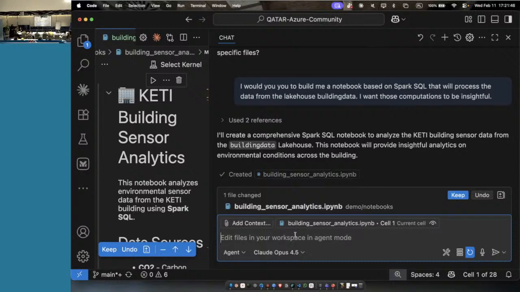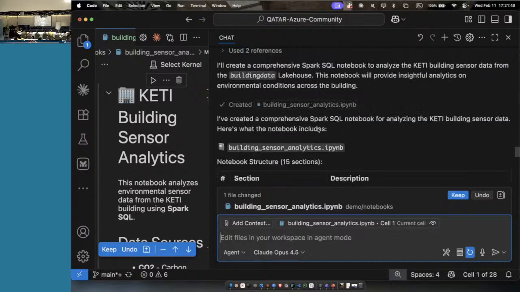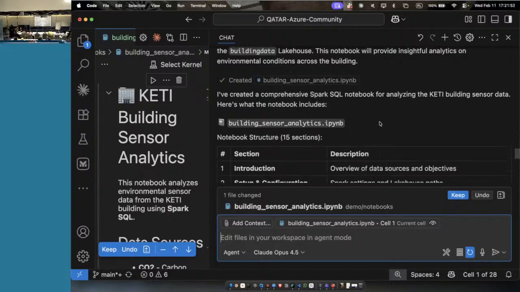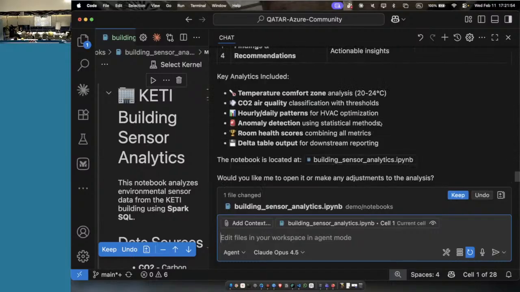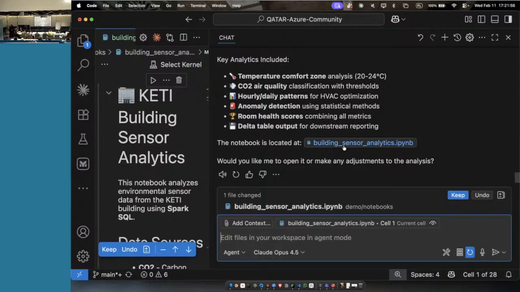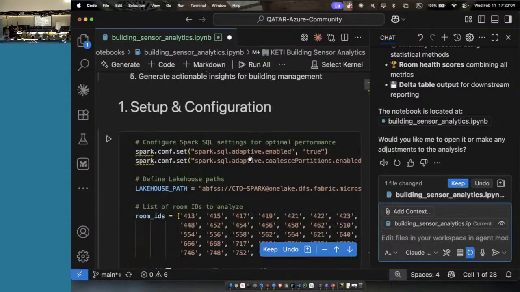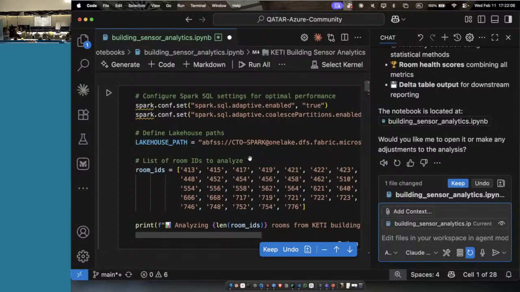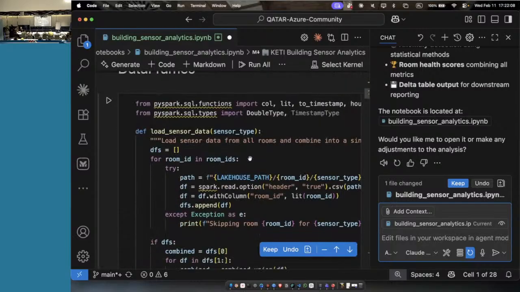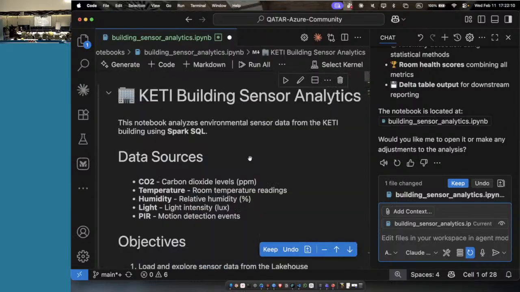So we got a comprehensive SQL notebook. Okay, fantastic. The notebook is located here. So let's take a look locally. Okay, this is a notebook prepared for me. Looks good. I'm content. I want to start using that in Fabric.